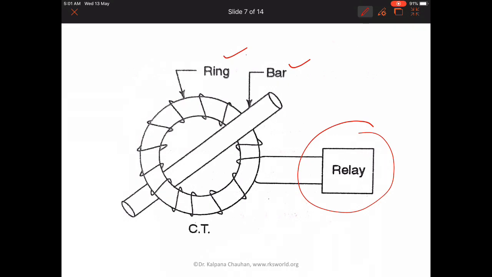As there is only one primary turn, the primary current should be high enough, around 400 ampere, to produce sufficient exciting ampere-turns to give a reasonable output. A bushing CT is a subclass of bar primary type CT. It is placed over an insulator bushing enclosing a straight conductor. The bushing current transformer has comparatively more exciting current and a large magnetic path due to the large diameter of the bushing.